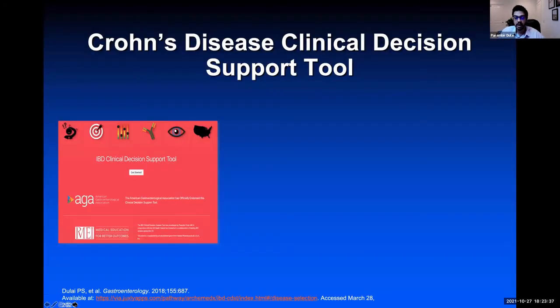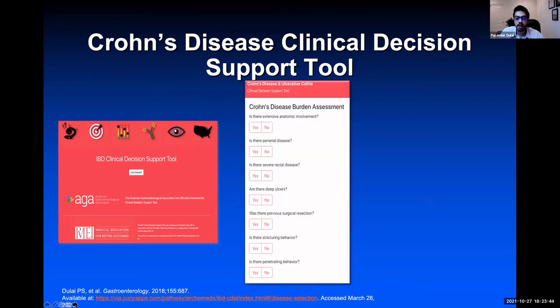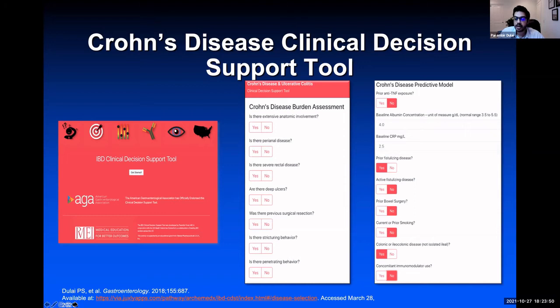So these tools are all actually available now online. This has recently been endorsed by the AGA. And so it takes you through a simple yes/no toggle for telling you whether a patient is high risk for a disease complication. And then you can actually input the different variables that go into all of the models in